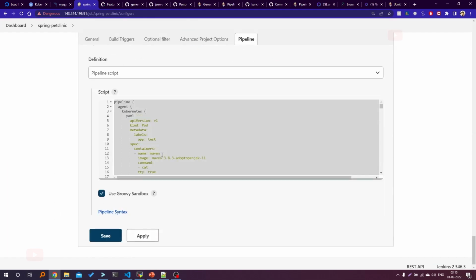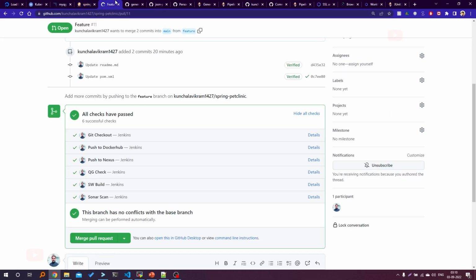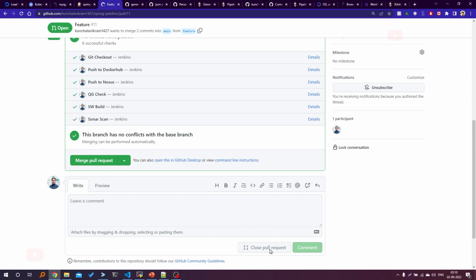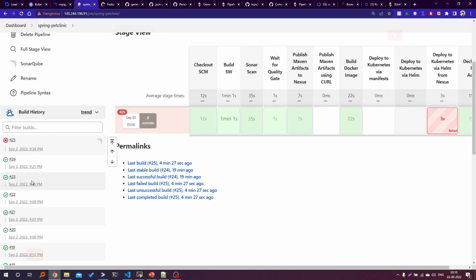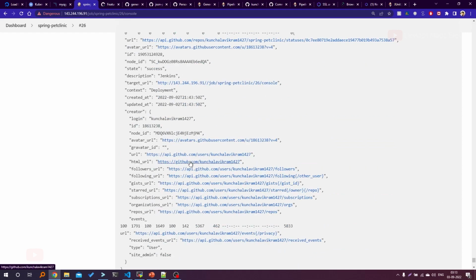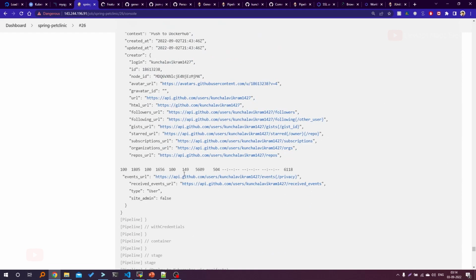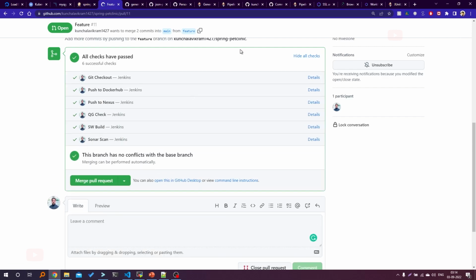In order to start it only when the PR is opened again, what I can do is just close this PR and then immediately reopen it. This will again re-trigger my pipeline. Now if you see, we are able to install the Helm chart also, and here all checks are passed, and coming to the